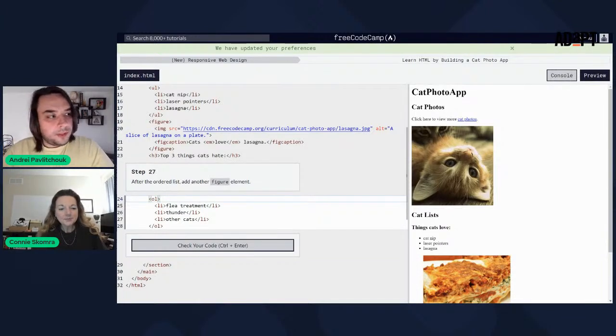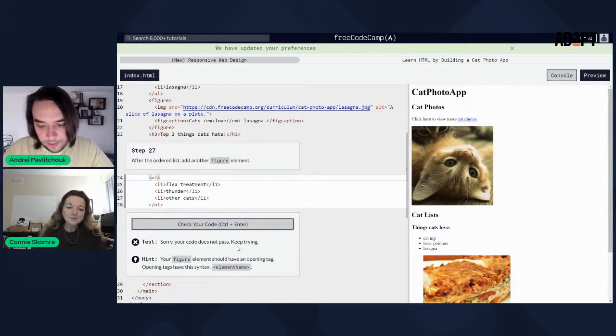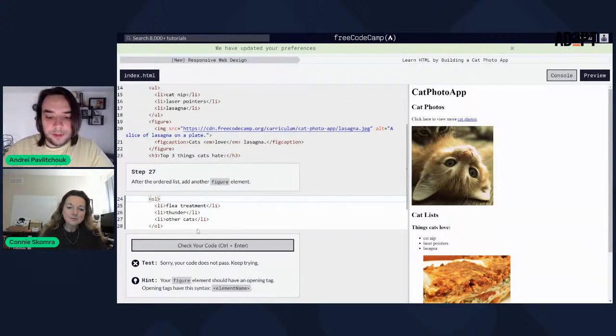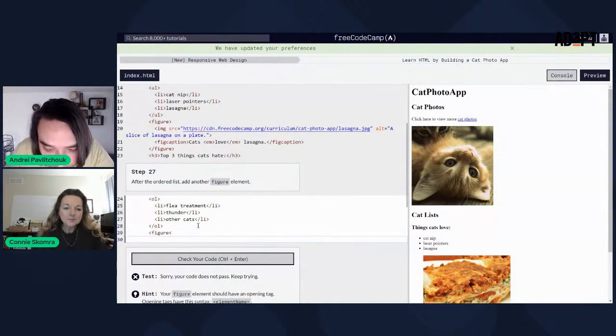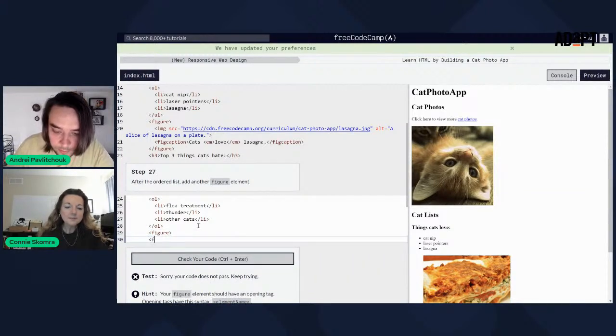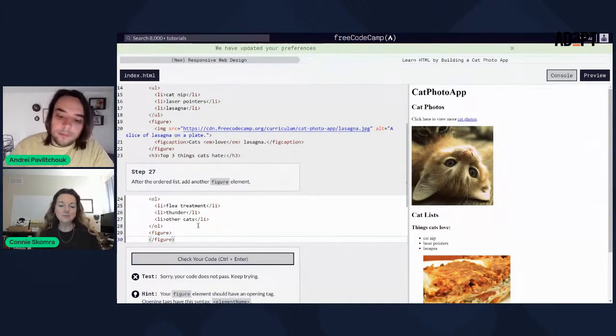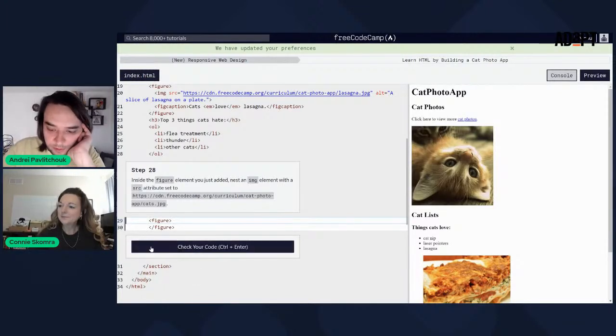All right, so the next one, what we need to do is, after, I think I just did it, right? So let's just check the code. Oh, whoops, I'm on the next step and I just haven't done it. So I need to add the figure element. Figure. All right. Inside the figure element you just added, nest an image element with a source with